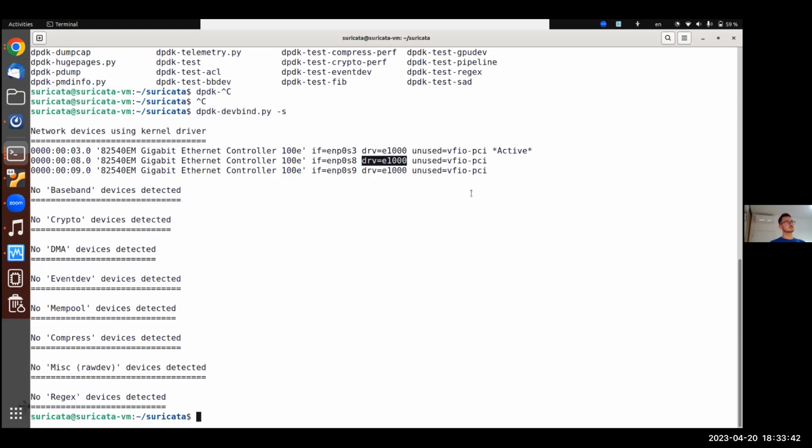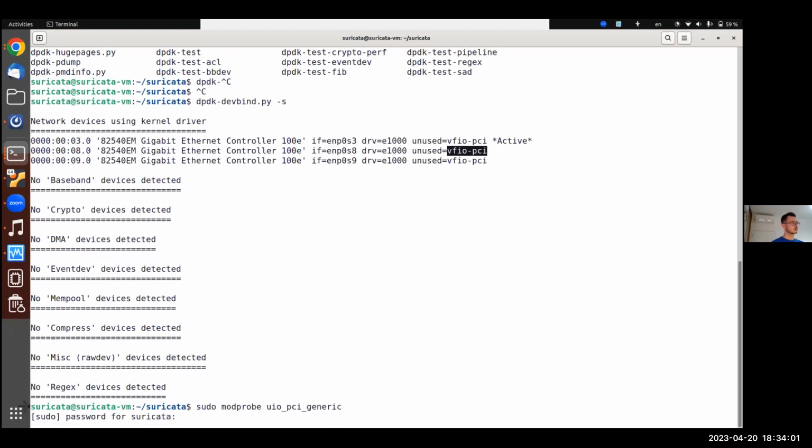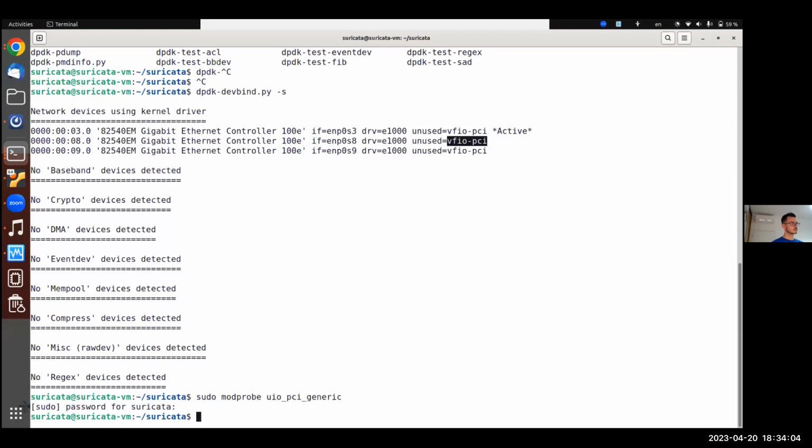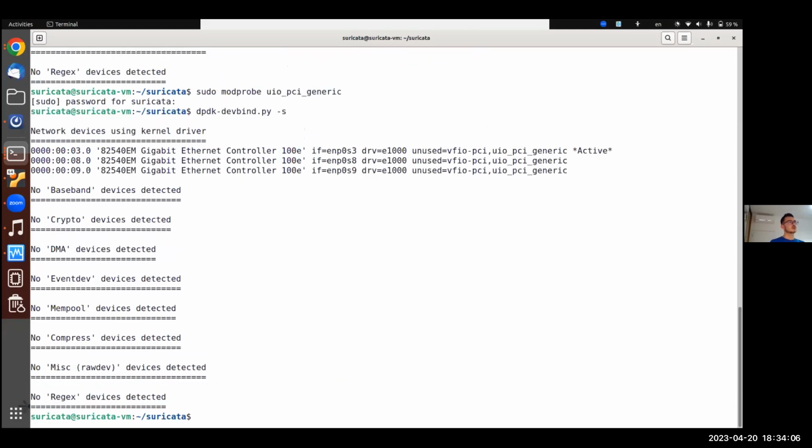What that means is you can either use the VFIO PCI driver, or there is another driver that's called, I think, let's try it. I need to invoke it. Yes, I was correct. So when I now list it with the modprobe command, I invoke the second driver. Now it's in the list as well, and I can essentially link it to the driver,